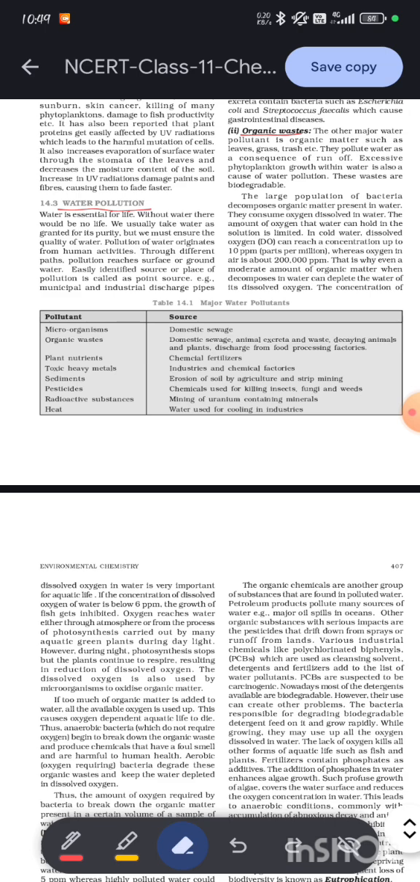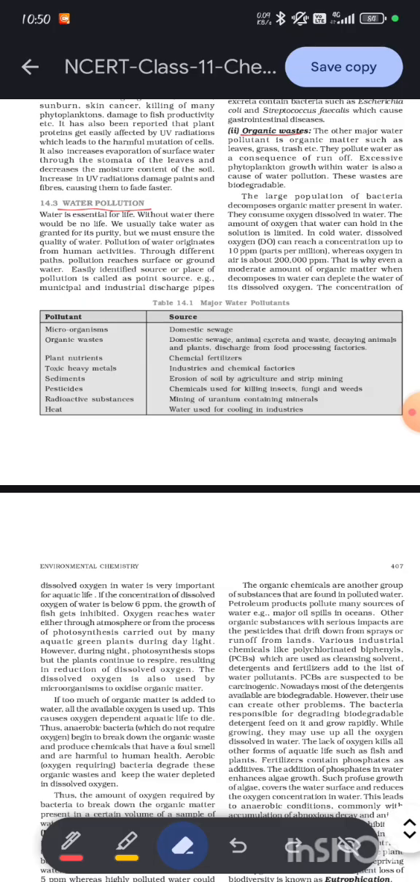Organic waste is a pollutant, and its sources are domestic sewage, animal excreta and waste, decaying animals and plants, and discharge from food processing factories. Then the next pollutant is plant nutrients, and its source is chemical fertilizers. Next is toxic heavy metals, and their source is